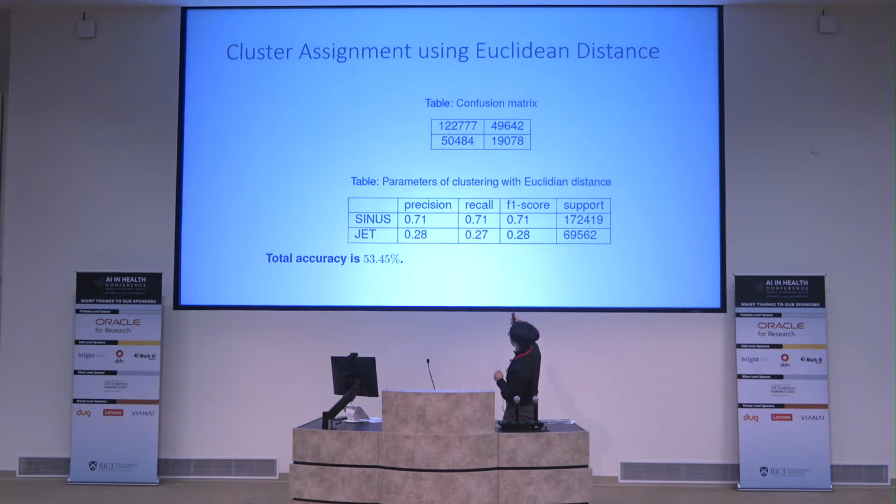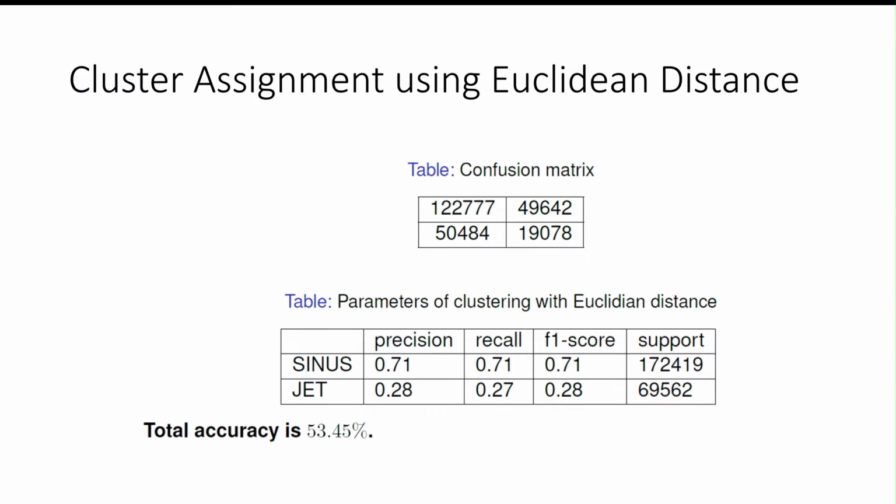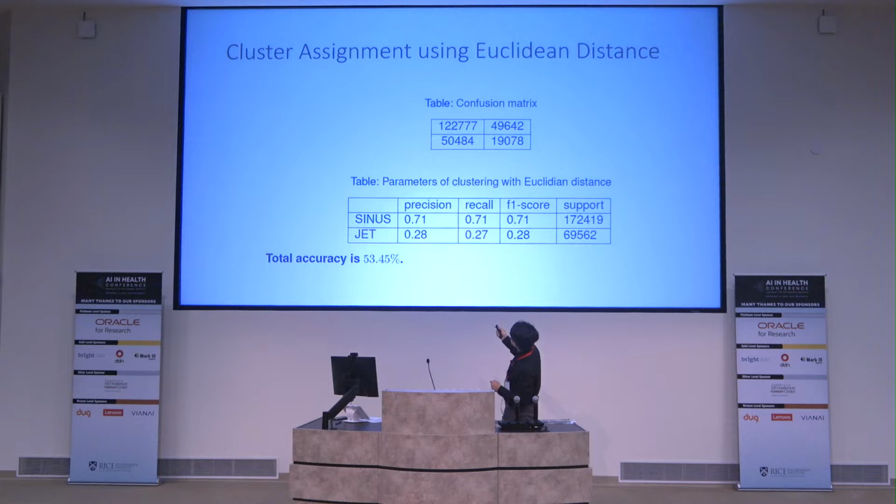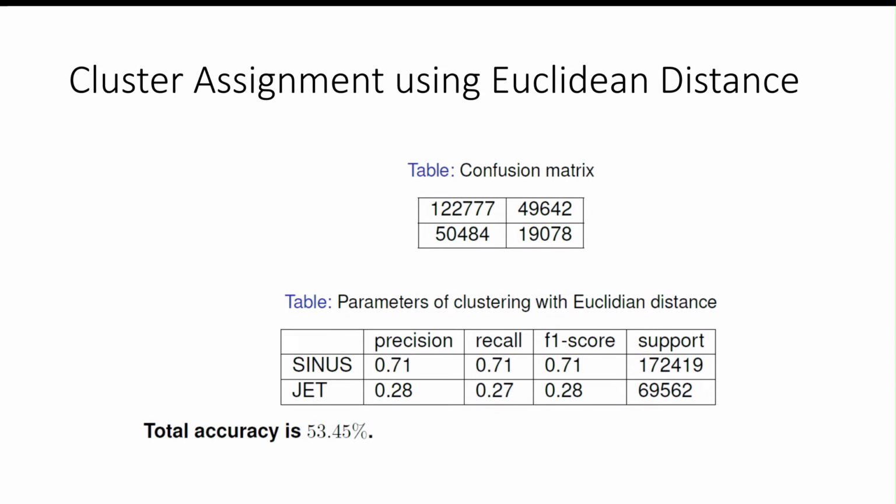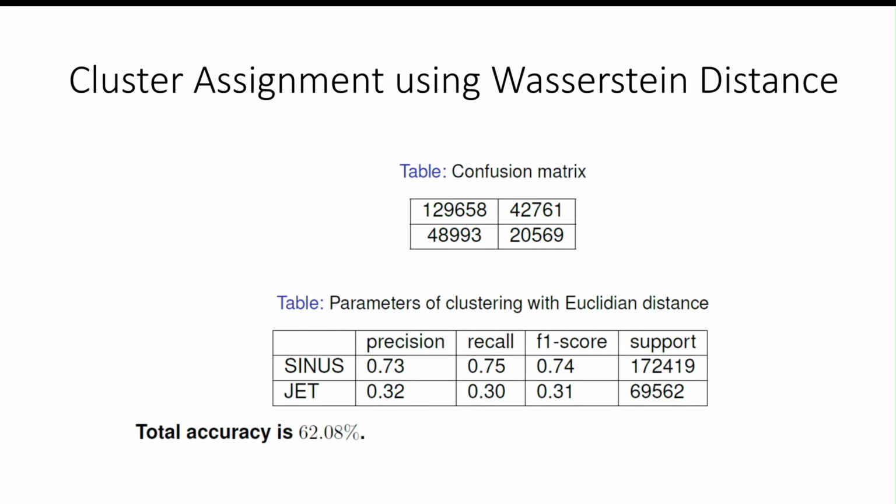So this is the results, let's say, big summary. When you use Euclidean or traditional linear methods, this is the confusion matrix, for let's say normal and tachycardia. But the important number here is 53, right? If you use your basic linear classification method using Euclidean distances, you get a performance of 53%. And then if you do exactly the same, but with Wasserstein distance, with optimal transport distances, we get around 10% improvement on the performance, where we take into account the geometry of the signal, right?